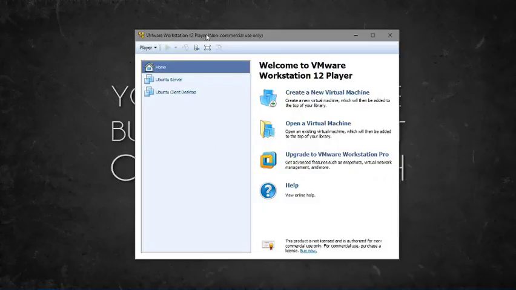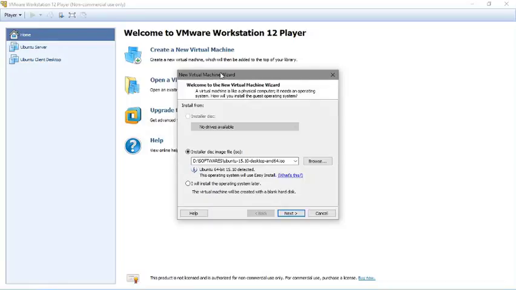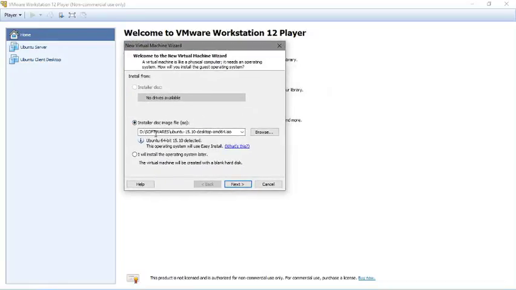No need to go for Workstation; you can use only Workstation Player. It's lightweight. Okay. So within this, I'm going to select Create New Virtual Machine. Within this Create New Virtual Machine, inside of this one, you have to select your